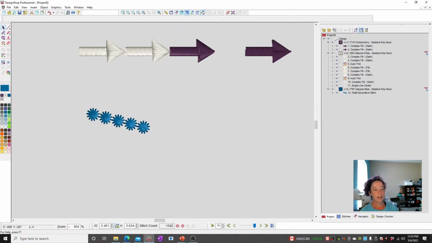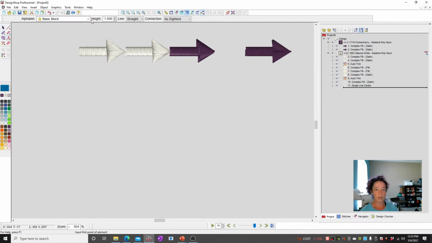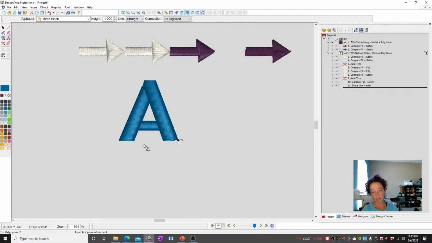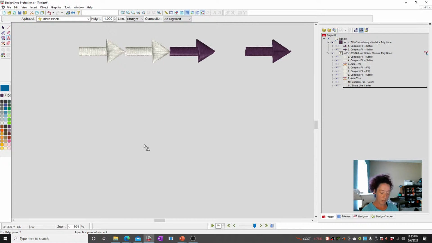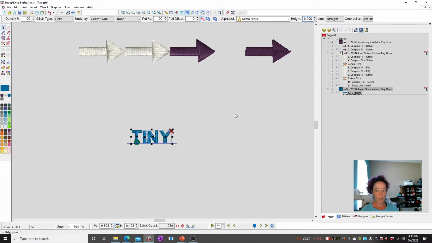All right. When you're digitizing tiny lettering, do you use the text tool or do I manually digitize? I typically use the text tool and use the micro fonts. So if you come over here down to micro, I tend to do all caps, just a personal preference. Tiny. All right, and he said 0.2. I think I've done down to 0.13 with 40 weight thread. Not that that's a good idea, but